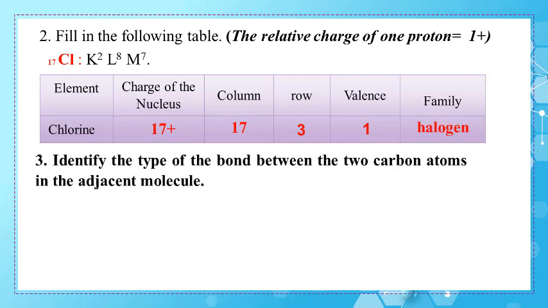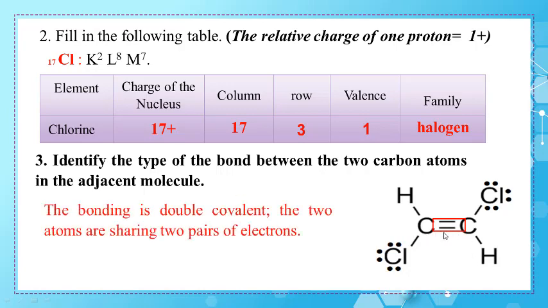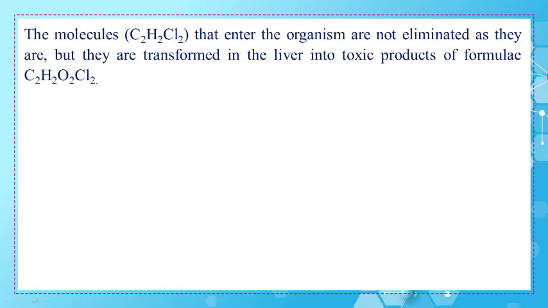Part 3. Identify the type of bond between the two carbon atoms in the adjacent molecule. The two carbon atoms here are sharing 2 pairs of electrons, so the bond is a double covalent bond. The molecules